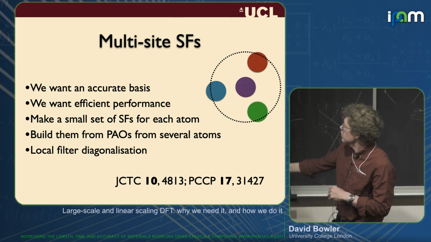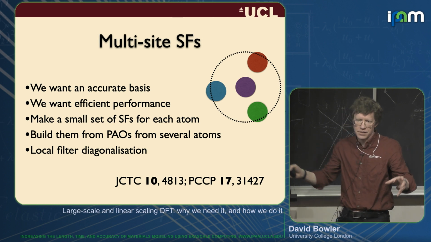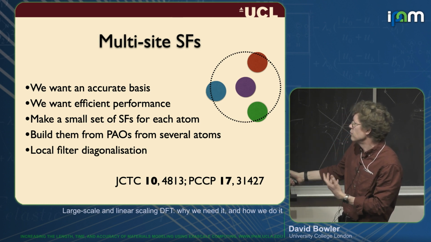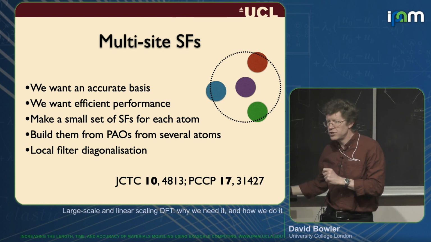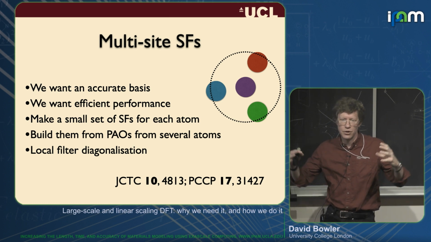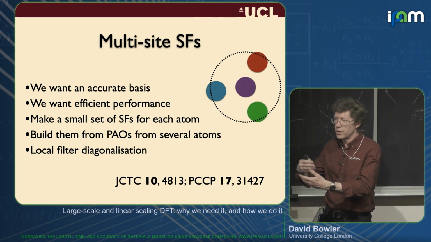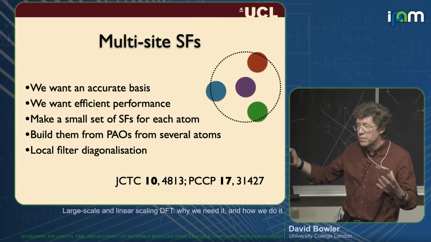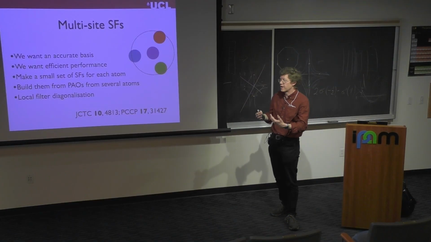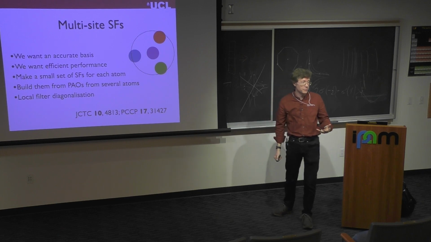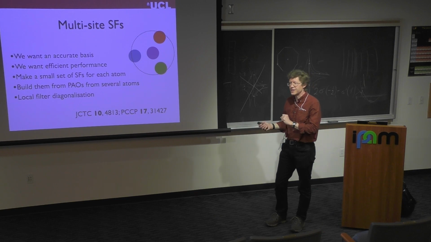The way that we do this is that we allow the support functions to expand and bring in basis functions from a whole bunch of atoms around. So they're effectively a set of local molecular orbitals, if you like to think of it that way. The advantage of this is that it reduces the Hamiltonian size. For something like silicon, where you would have a big basis set with 27 orbitals, you can reduce the basis size down to 4 orbitals per atom. That's a reduction of about a factor of 7, which means it should go about 300 times faster in the diagonalizer. And the intention is to find that we don't sacrifice accuracy.